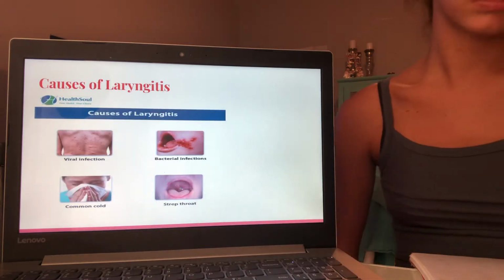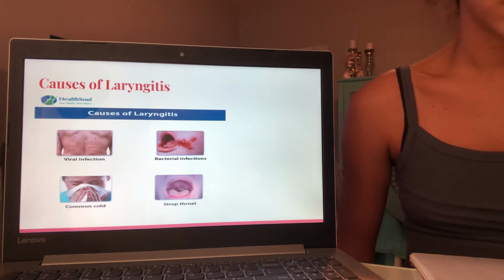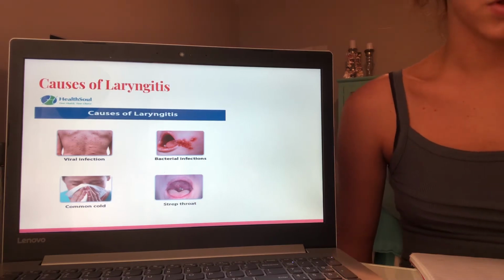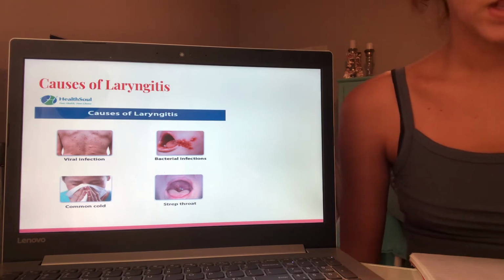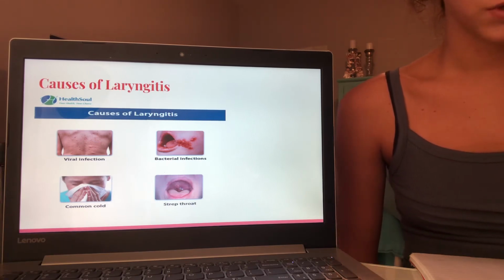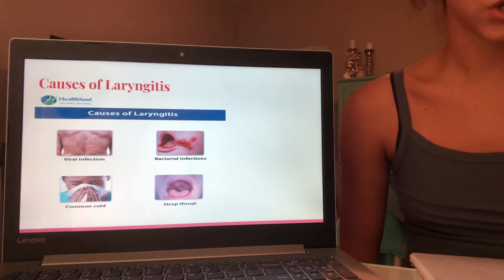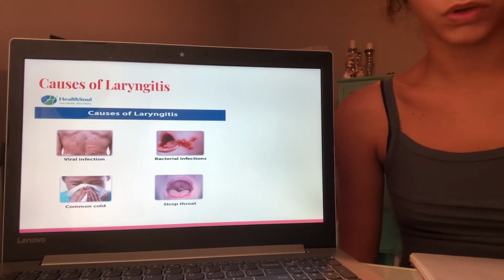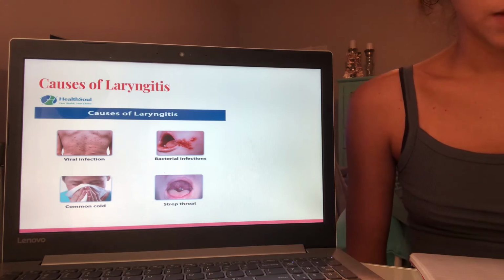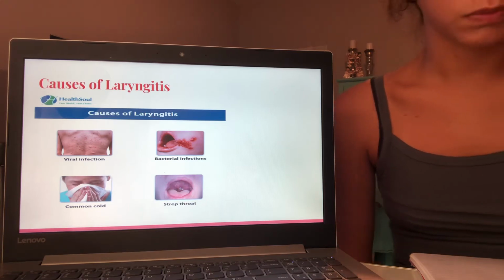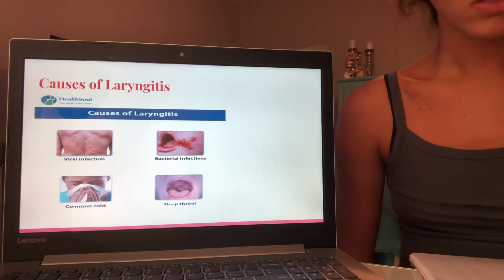Causes of laryngitis. Most cases of laryngitis are temporary and improve after the underlying cause gets better. Causes of acute laryngitis include viral infections similar to those that cause a cold, vocal strain caused by yelling or overusing your voice, bacterial infections such as diphtheria, although this is rare in large part due to increasing rates of